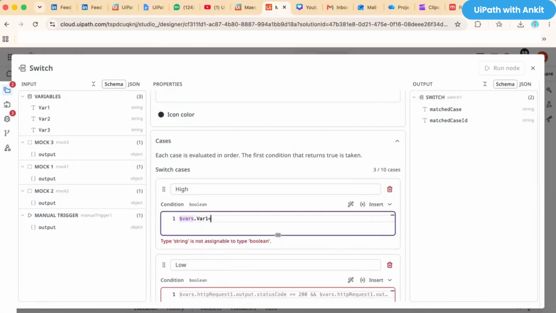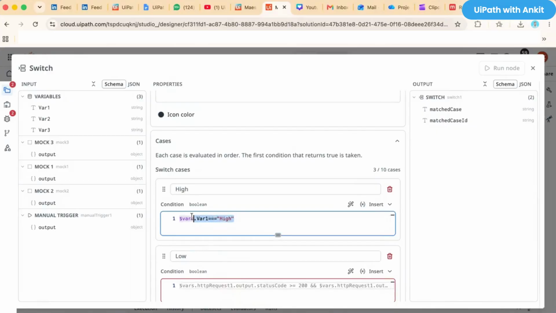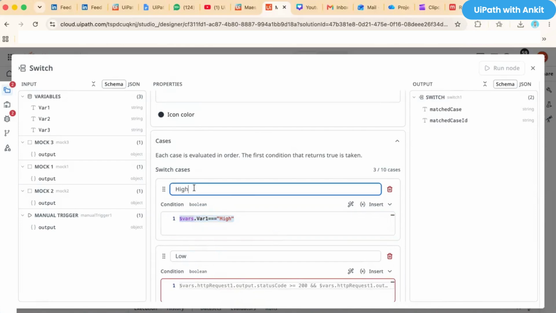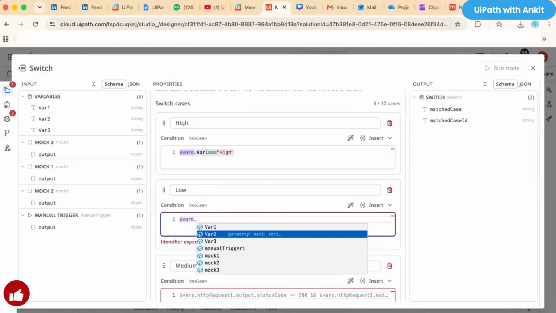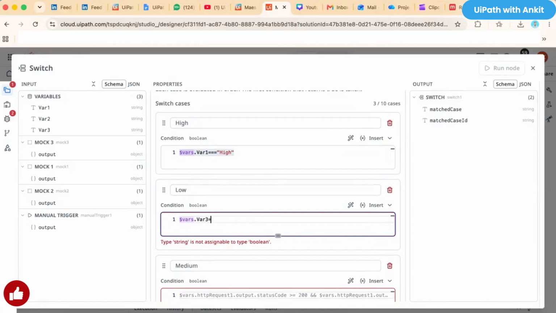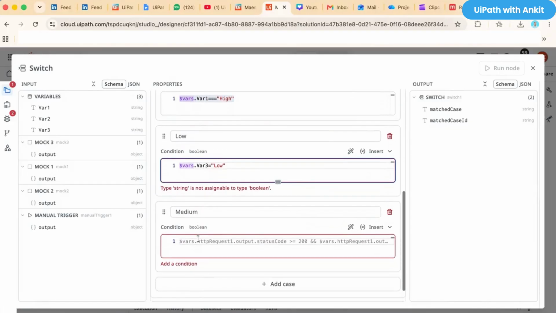If variable 1 is equal to high, then this condition will be true, and then this high case should be executed. Same thing for low. Let's say variable 3 is equal to low, and for the medium one